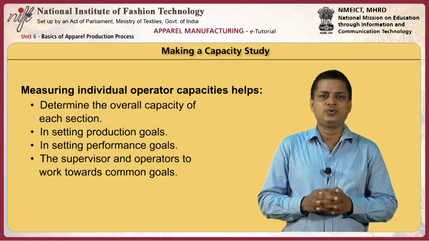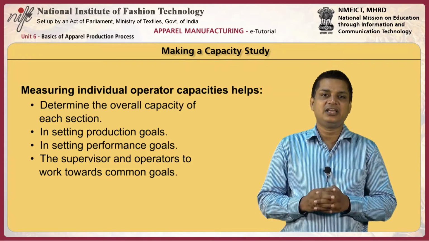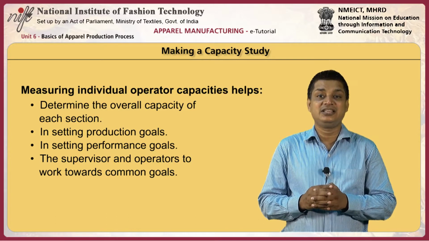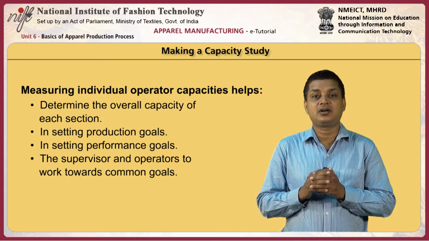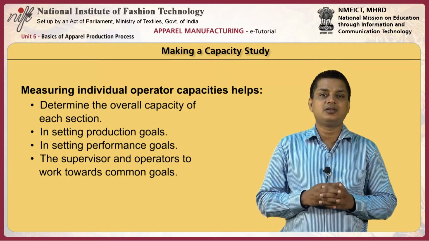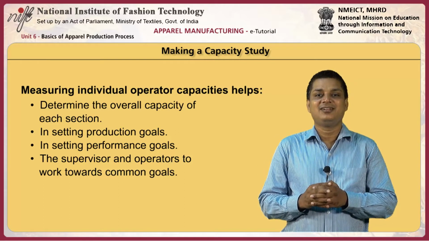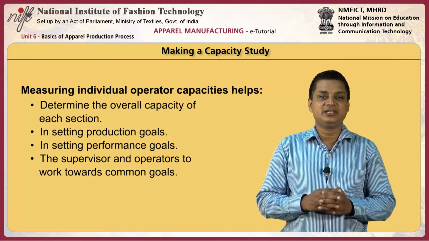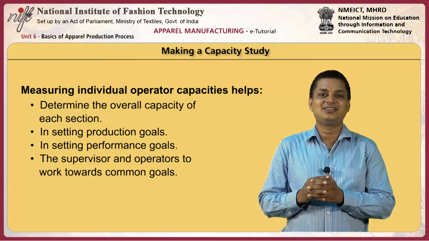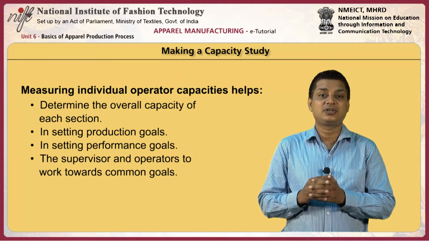These things are going to occur regardless of operator's ability. Therefore, they are not considered to be a measure of how he or she is able to perform his or her job. When this type of delay does occur, it will cause the operator to take longer on that particular cycle than he or she normally does. In making a capacity study, we would circle such a cycle when it occurs and not use it to calculate